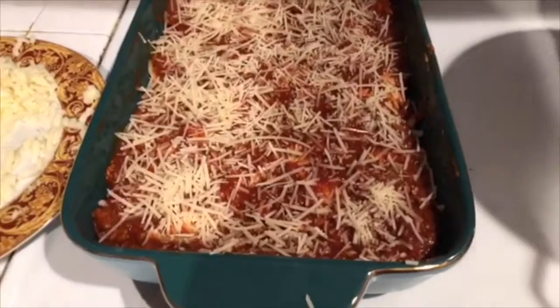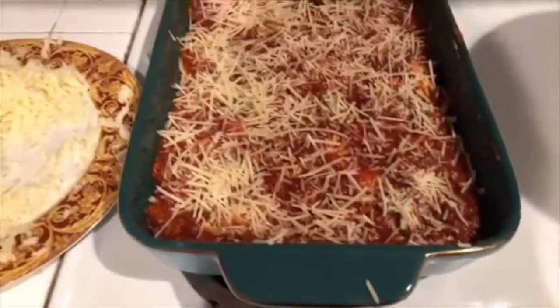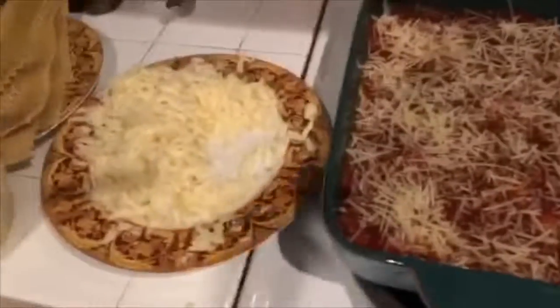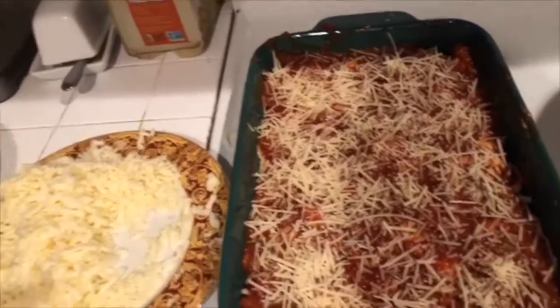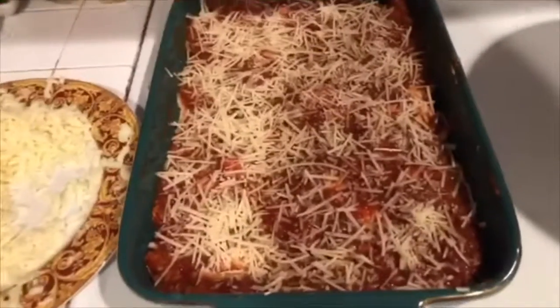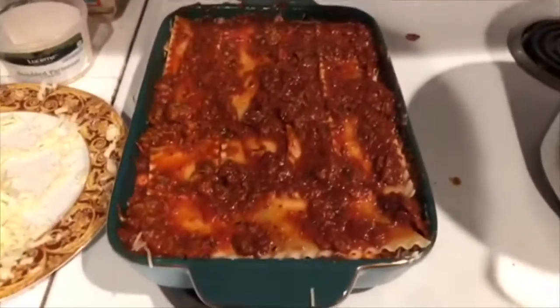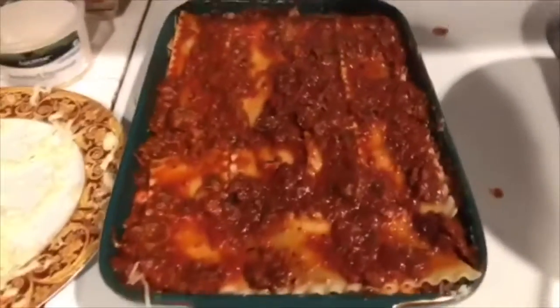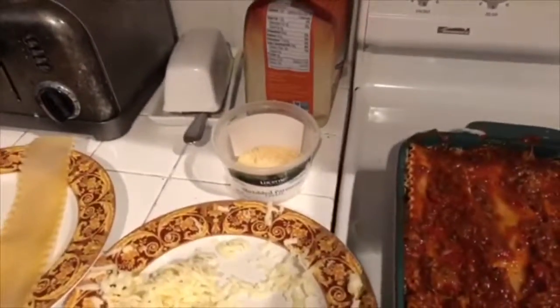So there's the Parmesan, and now I'm going to do more noodles, and then I'm just going to repeat that same layer, and then another layer of noodles, and then on the top of that, I'm going to do a little bit of meat sauce, and then just all of the cheese. It's going to be really good. So now I just repeat that layer, and then I put pasta on that, and I put some meat sauce, and now I'm going to put the last third of the mozzarella and the last third of the Parmesan on